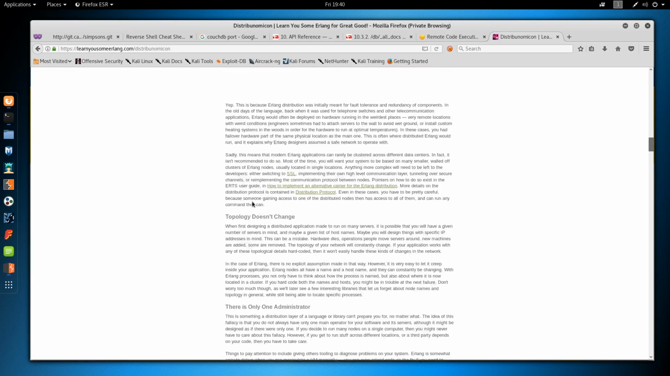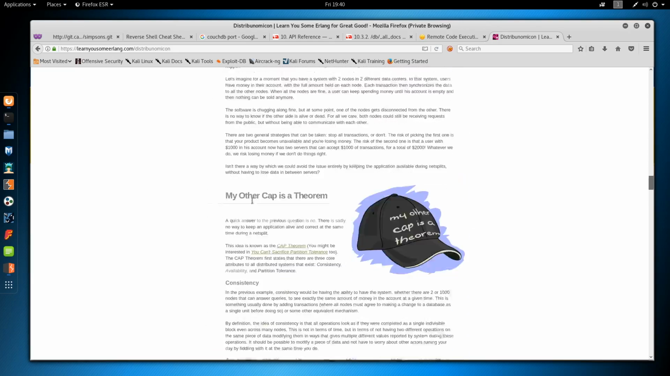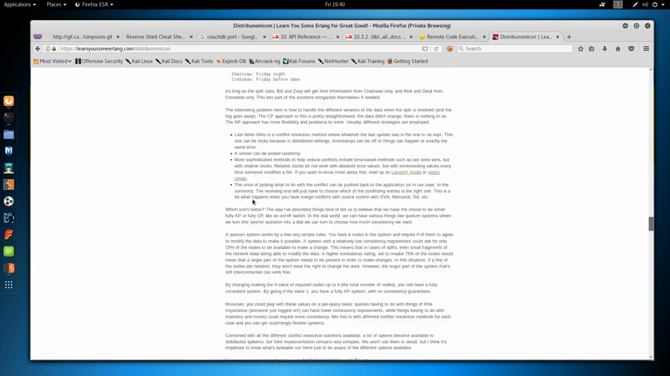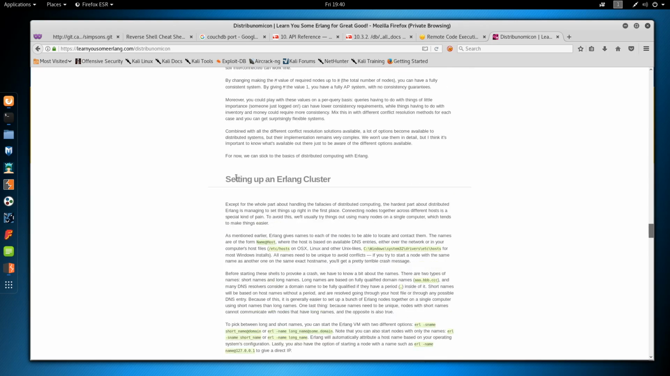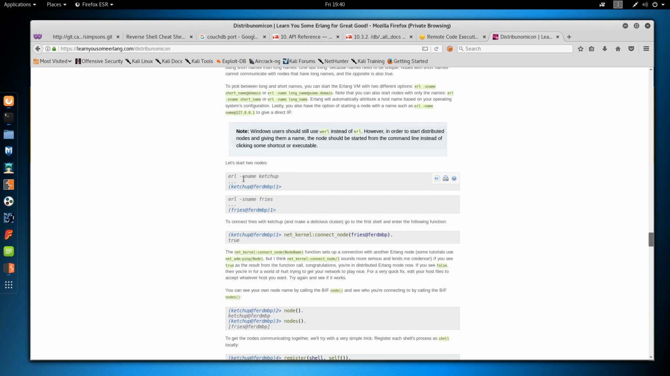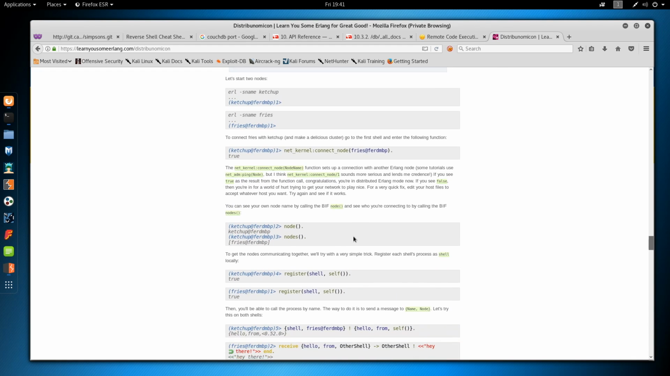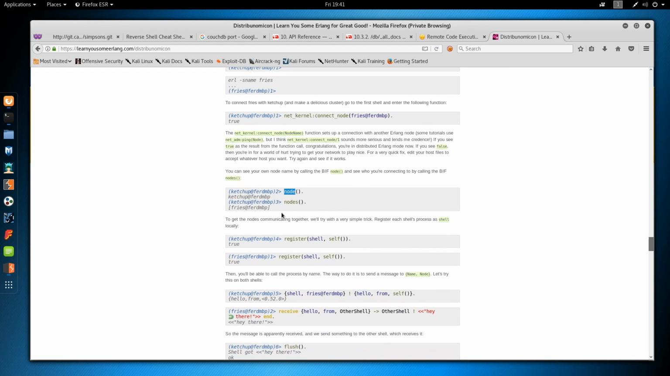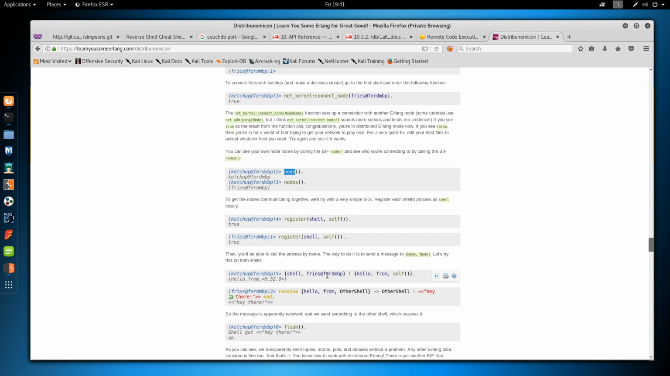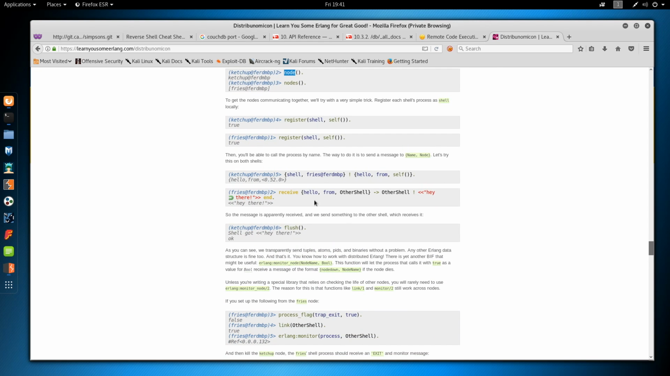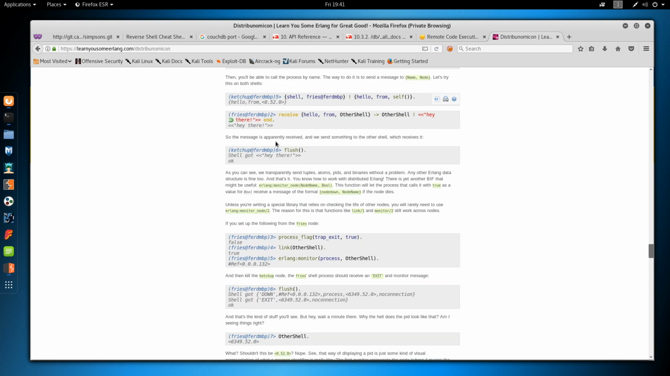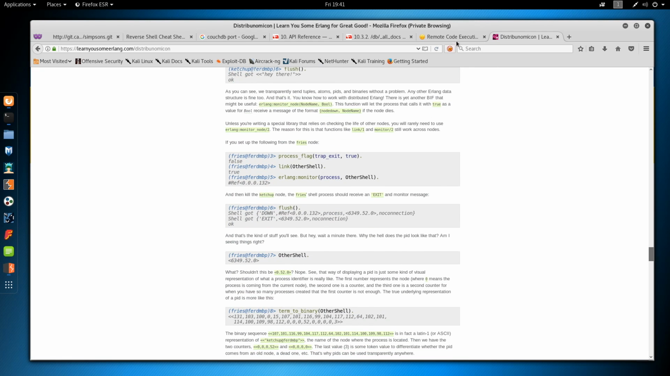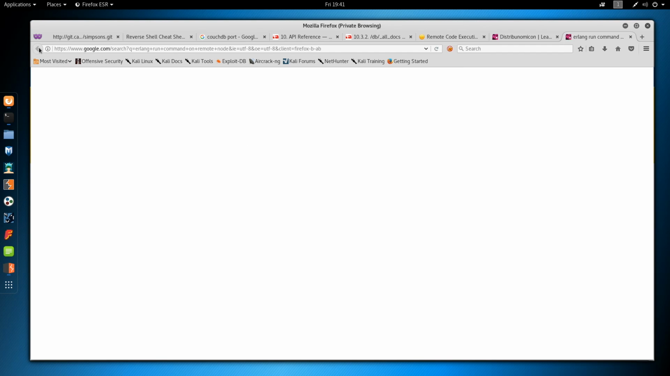And reading this whole blog post about Erlang, eventually we get to a spot that says setting up a Erlang cluster. There's the Erlang -s name we saw. Now we can connect to it. And this is the secret. Running node to see the nodes on it. We can register, run commands, receive commands from other nodes, things like that. So the only thing we have left to do is find out what